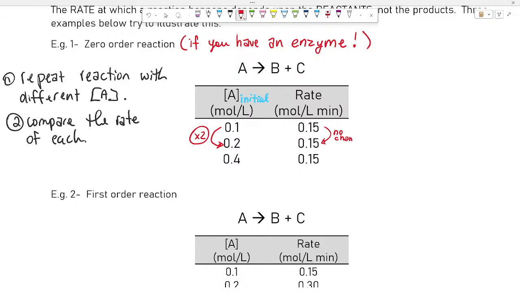No change. And then, just to double check this, we ran it again. This time we made the concentration 3 times as big. And what did we observe? 4 times. Oh, sorry. Thank you. And what did we observe? No change. No change. So this, what we call a zero-order reaction, is a reaction